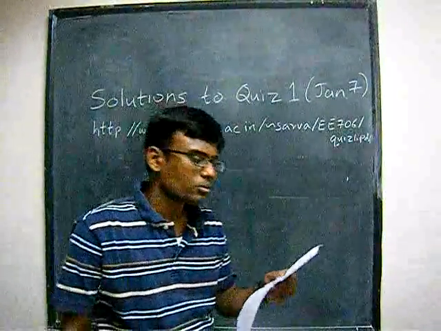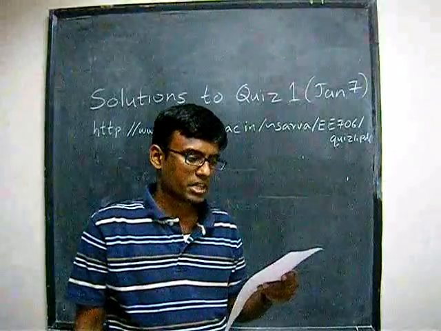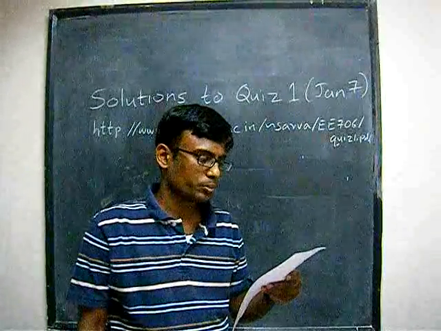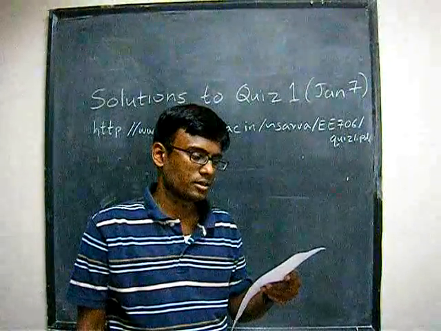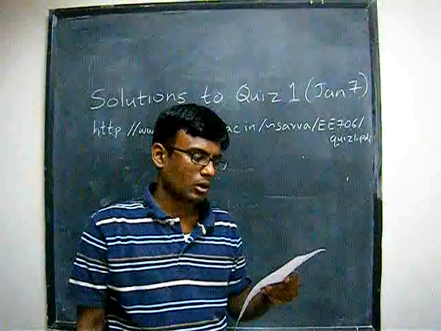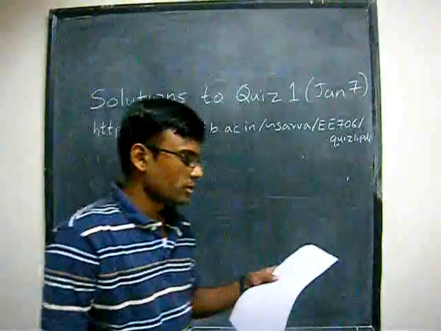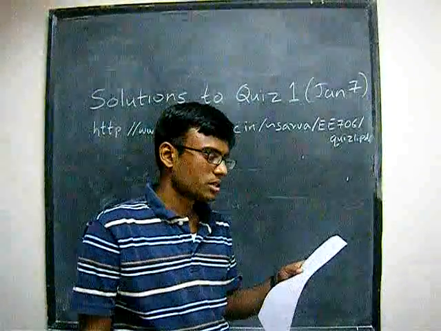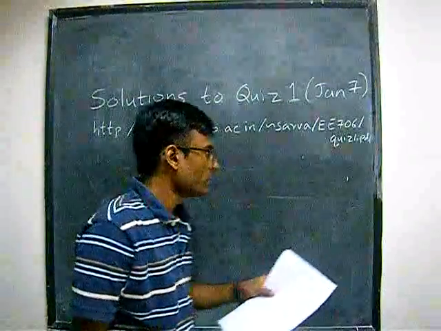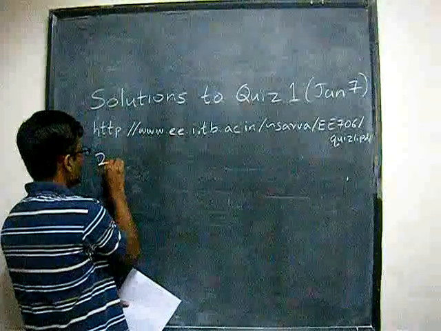So the second question was, a communication network has 4 nodes A, B, C and D. A is connected to B and C, B is connected to A and C, and C is connected to A, B and D. All connections are bidirectional. Draw the graph of this network. So when I say that a communication network has 4 nodes, then immediately,